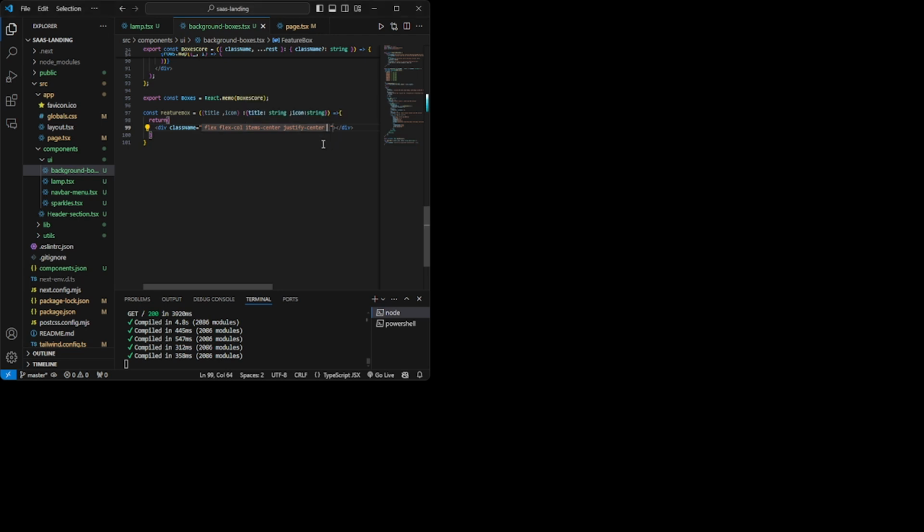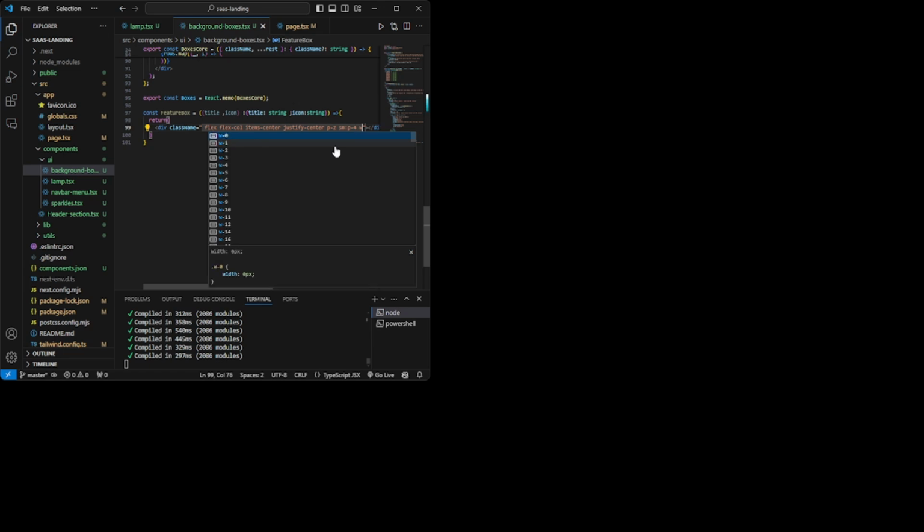Then I want to give it a padding of 2. Then in small devices, I want to give it a padding of 4, to make it responsive.